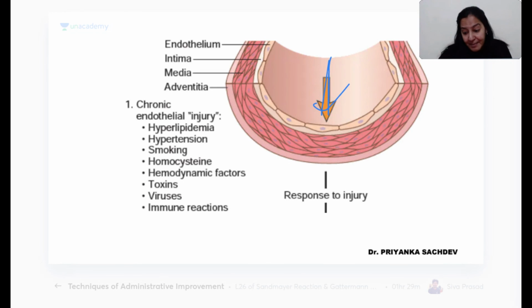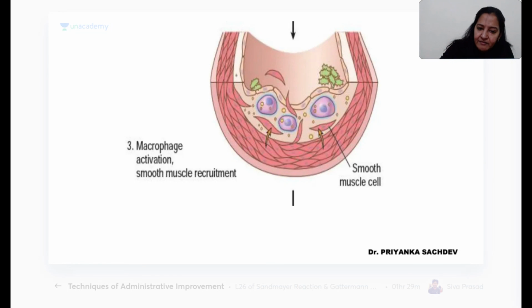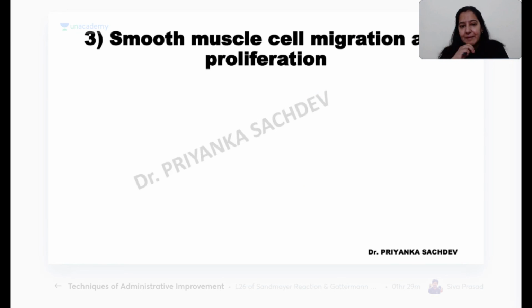VCAM is expressed. Permeability is increased. Fat will enter inside. Macrophage will also enter inside. After entering inside, it will get converted into macrophage and eat the fat and get converted into foam cell. Coming on the third